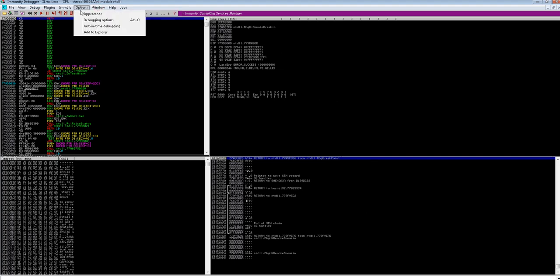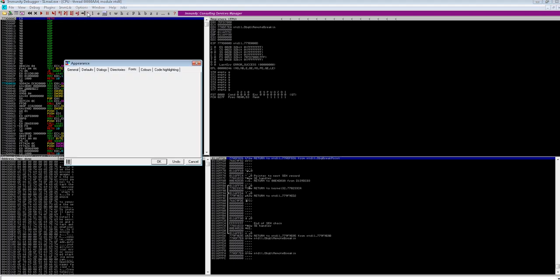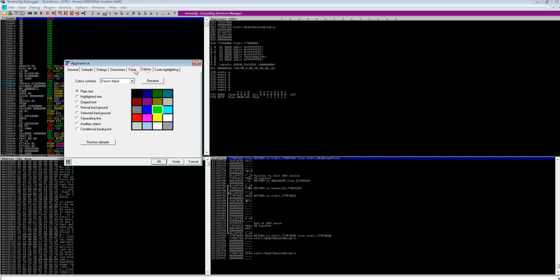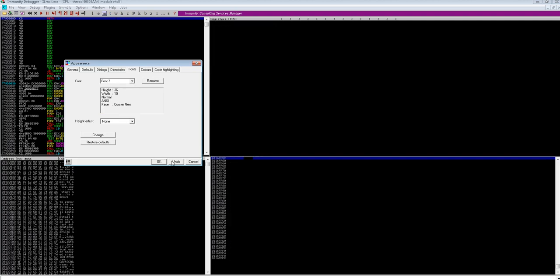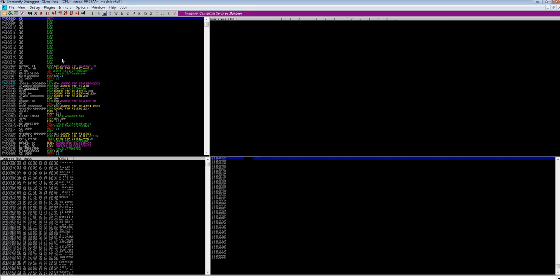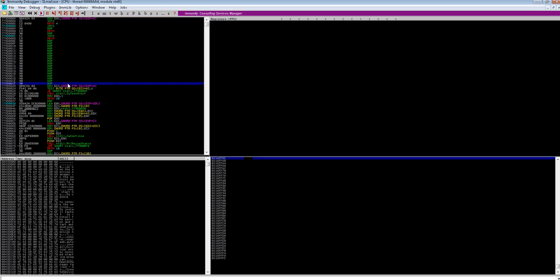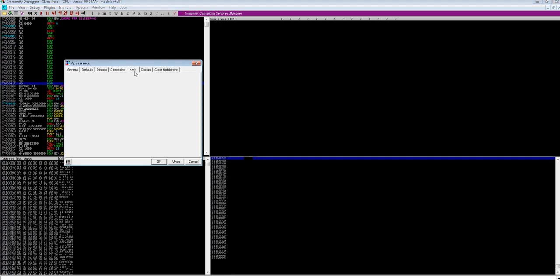Not sure if I can maximize it. Let me check if I can maximize it. Fine, let me proceed like this. I'll explain, or I'll zoom in a bit later.